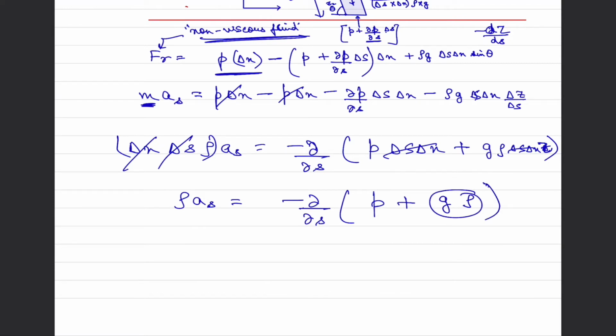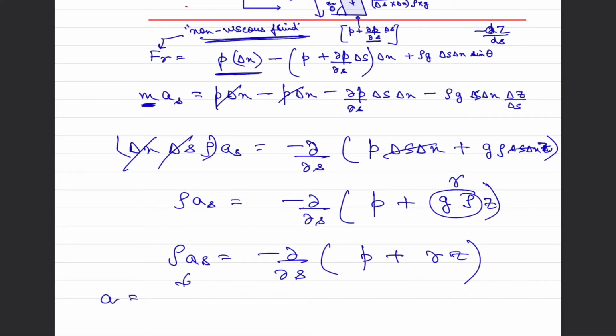and this g rho can be written as gamma multiplied by z. So rho a_s is equal to minus del p upon del s plus gamma z. And if we talk about acceleration, let us say our acceleration is a function of space and time, or we can say that acceleration is the rate of change of velocity with respect to time, and our velocity is also a function of space